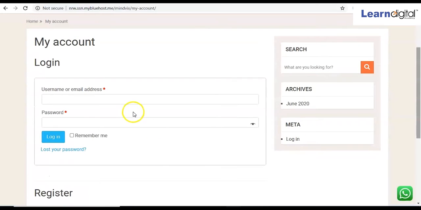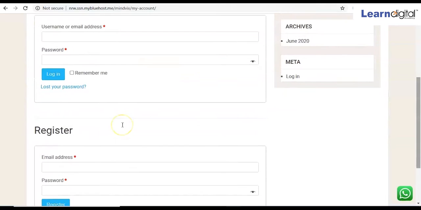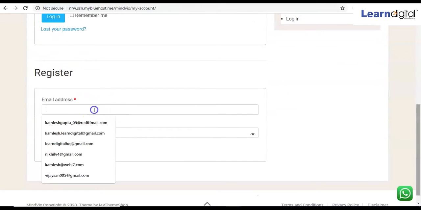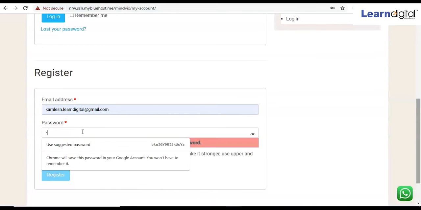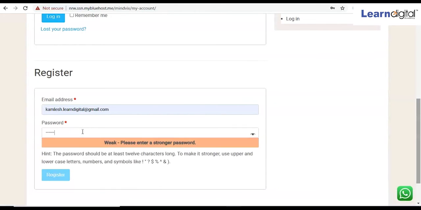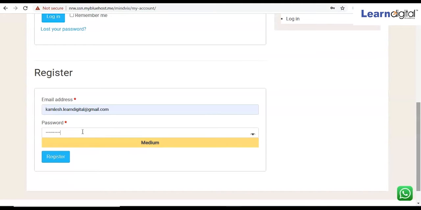Yes, the email address we have to type. This is actually the login process, right? So here you can register. For example, I'm taking my email ID and the password. I can set it for this one. Yes, the password I have set, and simply I will click on register.